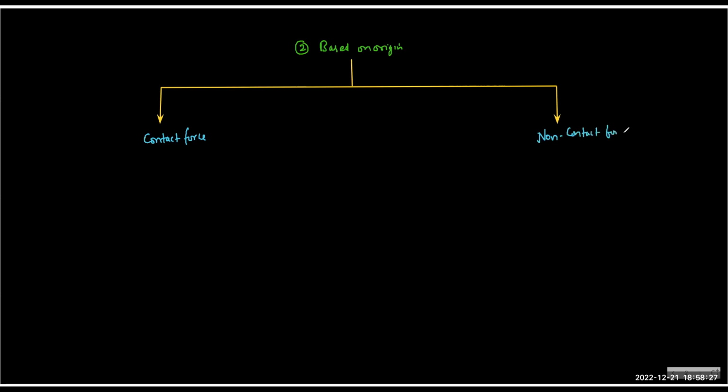So can you tell me, Earth's gravity, does it require contact, or can it act from anywhere? It can act from anywhere. When you jump, you are not in contact with the Earth, but still you are pulled back to the Earth because the force of gravity is a non-contact force. So contact is not required. You may be in contact with the Earth, but that is not the cause behind this force.